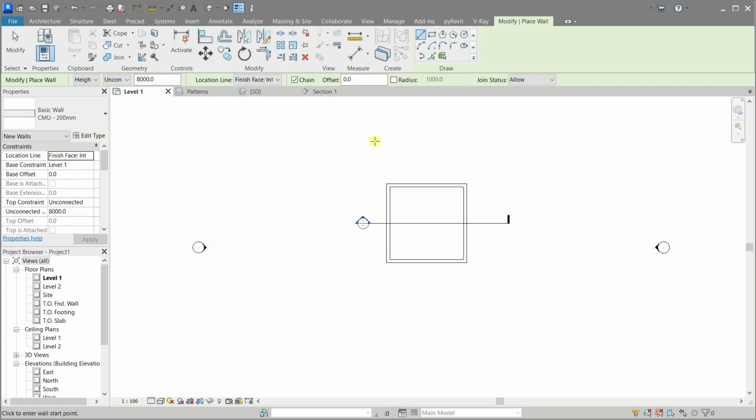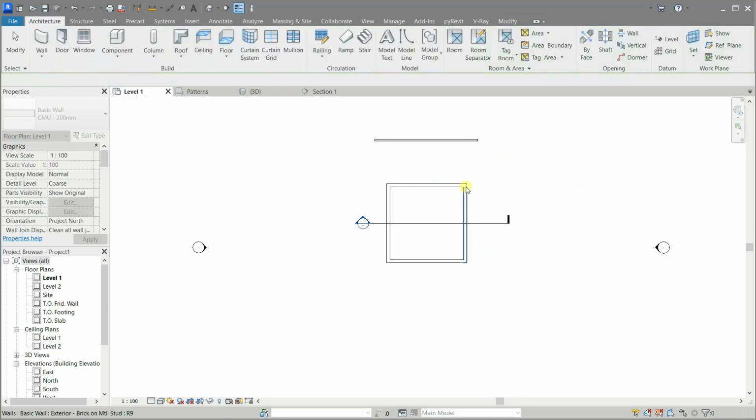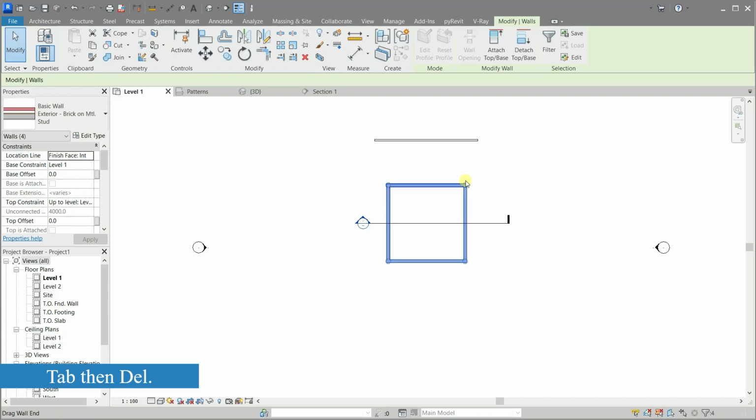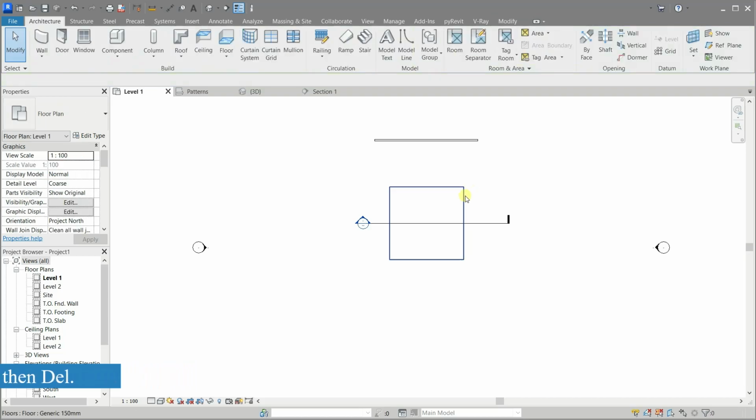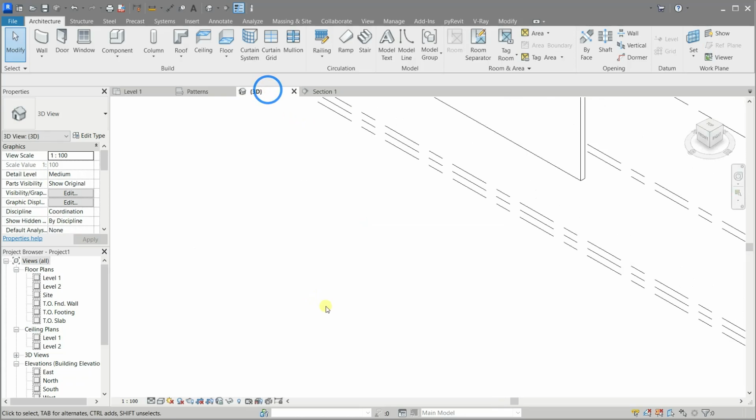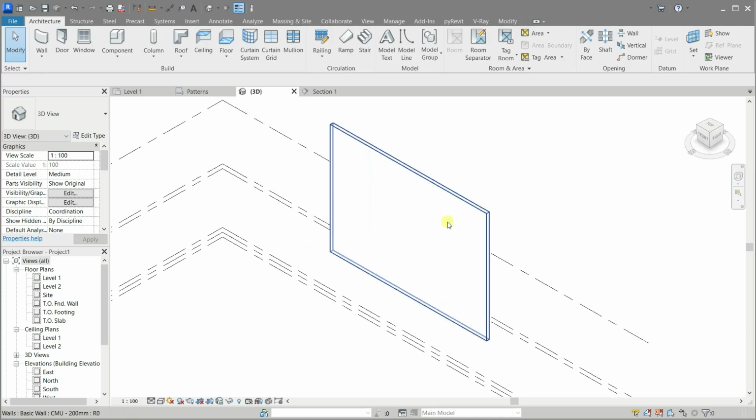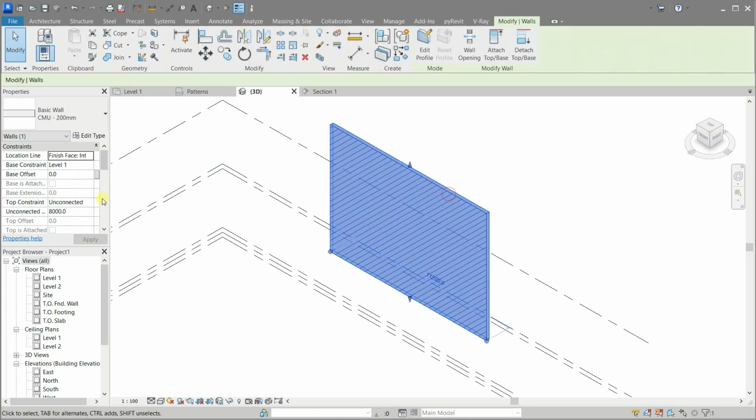Now let's create a wall of this newly created CMU. Select the old wall and the floor and delete them. Change to 3D view. As you see, it does not look like a CMU wall.